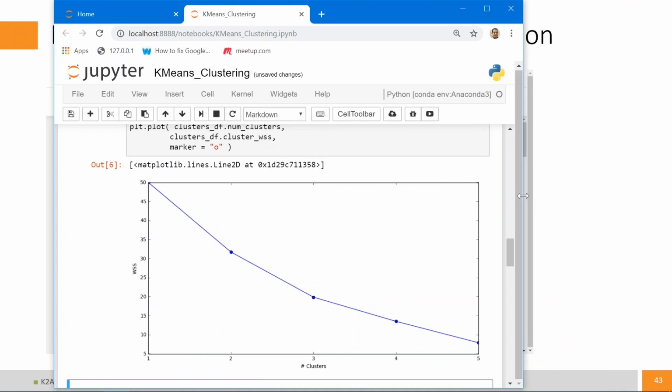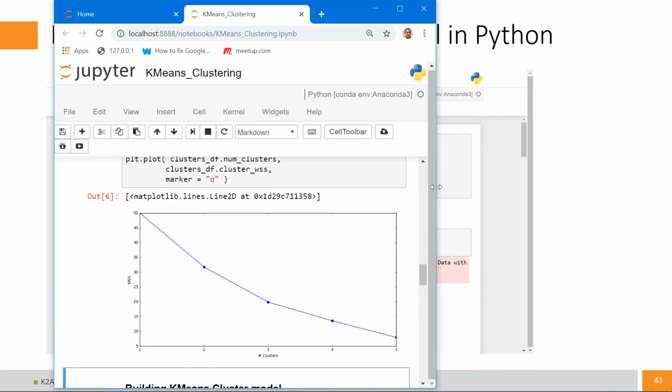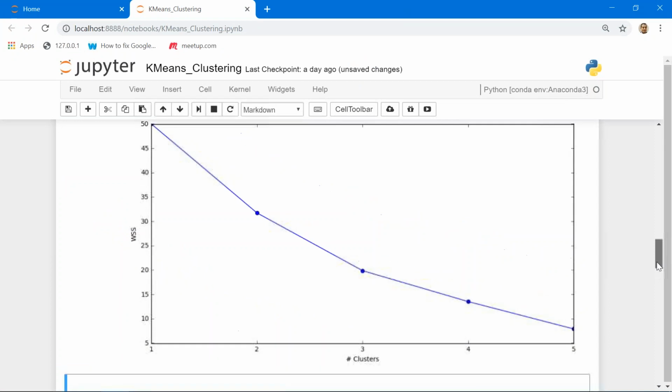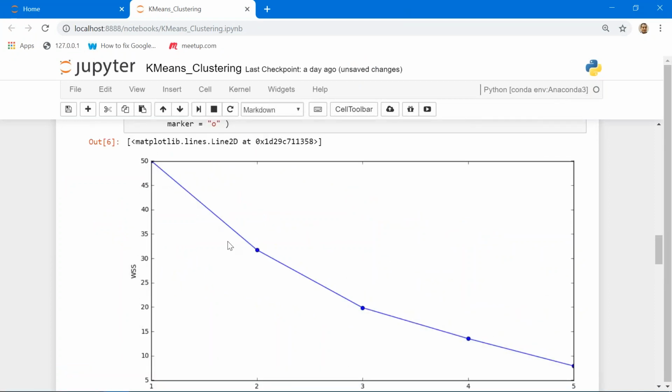What a Scree Plot says is that the point where you have an elbow formation, just assume your hand, the point where you have the elbow. So this is like your hand, this is like an upper arm, and then it starts flattening. The point where there is an elbow formation is the optimal number of clusters, which means beyond that point, the drop in WSS